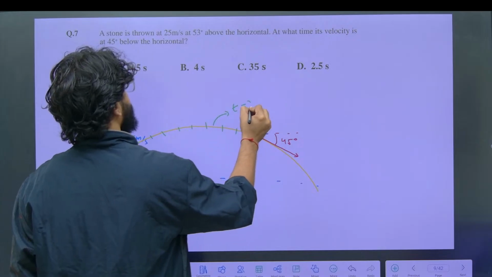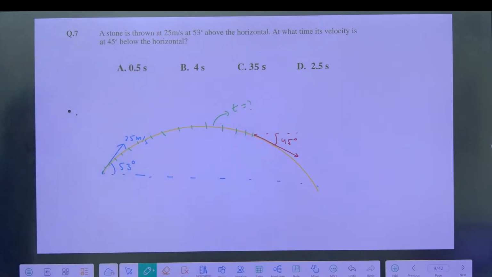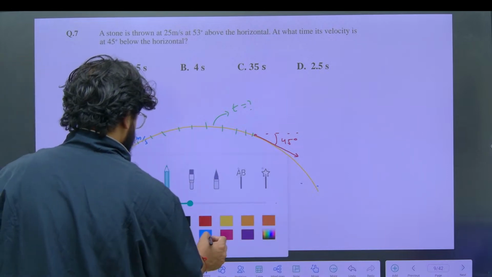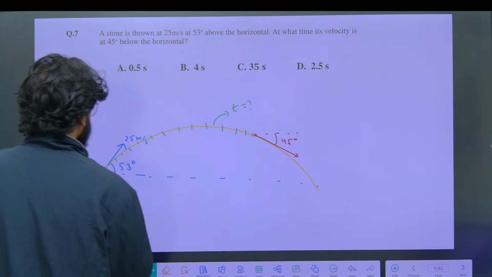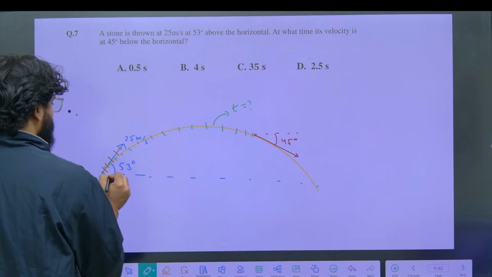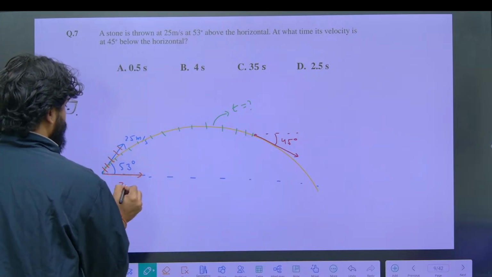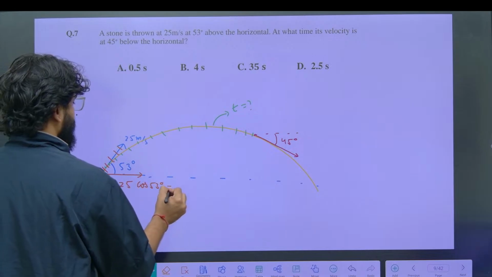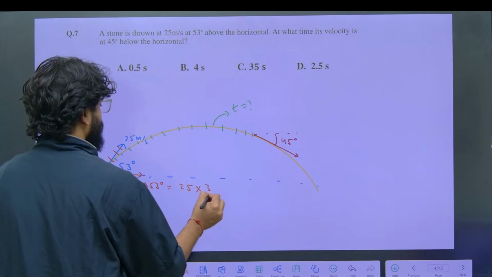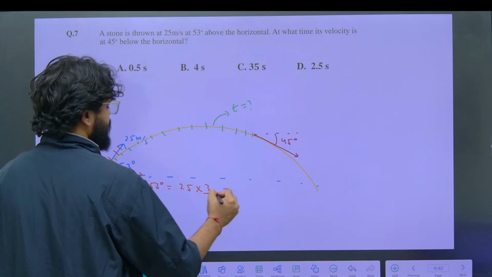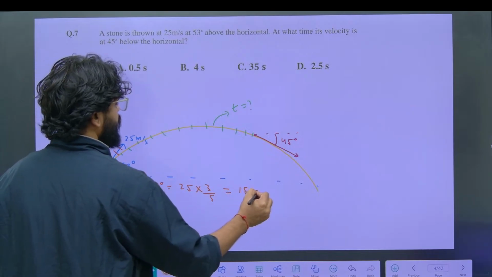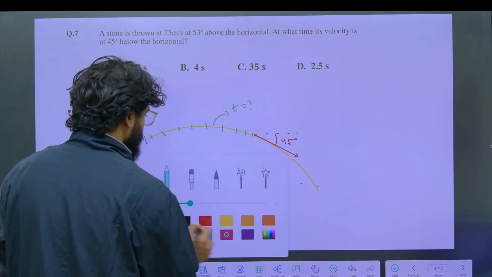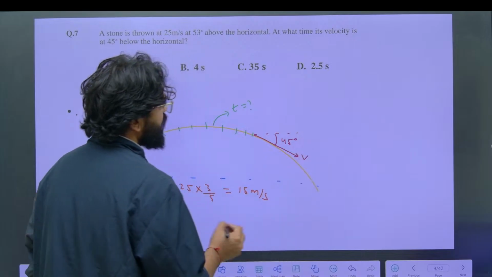A few things that we can calculate right now: what is this velocity in x direction? It will be 25 cos 53 degree, which is 25 into 3 by 5, which is 15 meter per second, correct? So if velocity over here is v,